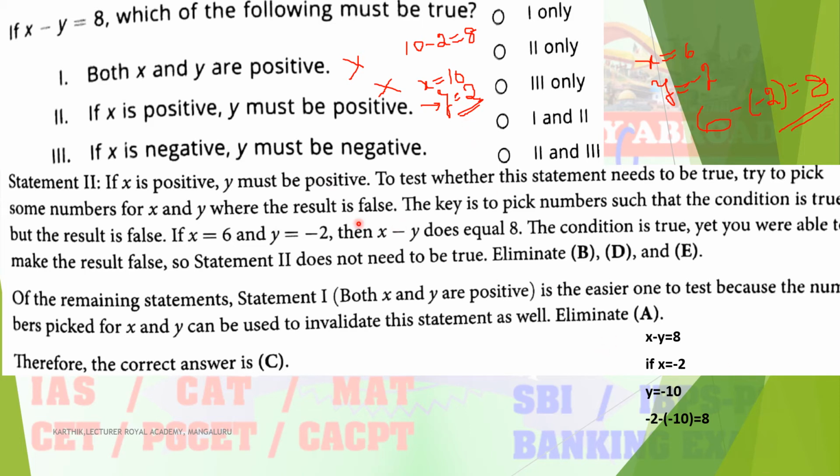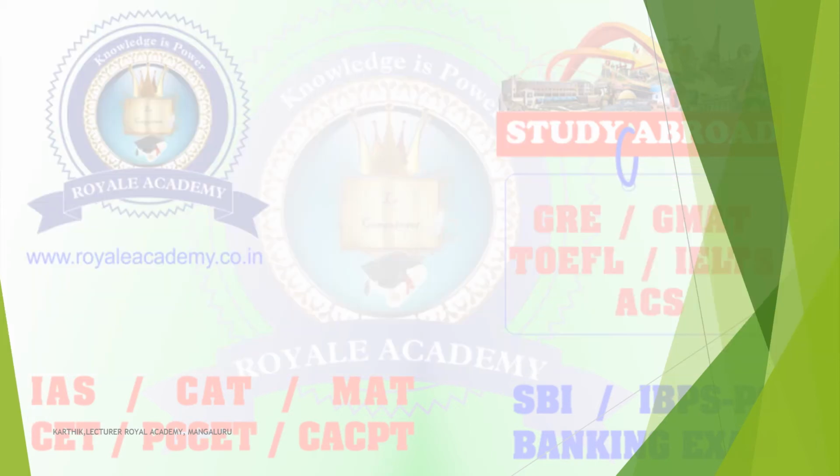If you choose x is equal to minus 2, then y value must be negative only. If you choose a positive value, then it further reduces only. If you choose 6, so minus 2 minus 6, what happens? Minus 8, you will get a minus sign. So if you want to get 8, y must be negative only. So answer C is correct. Answer C, the third statement only, is the correct answer for this question.